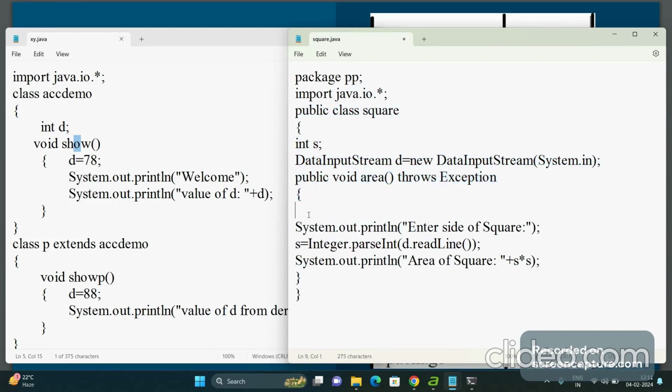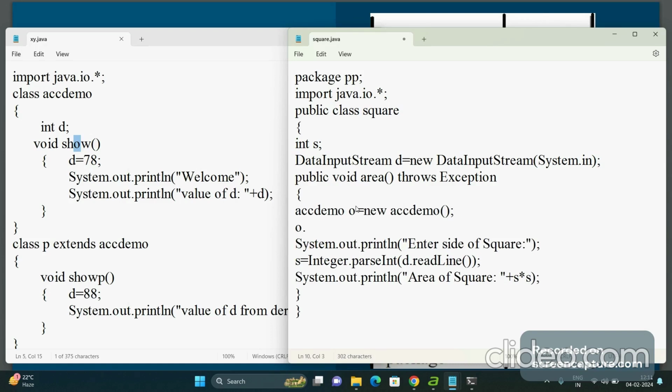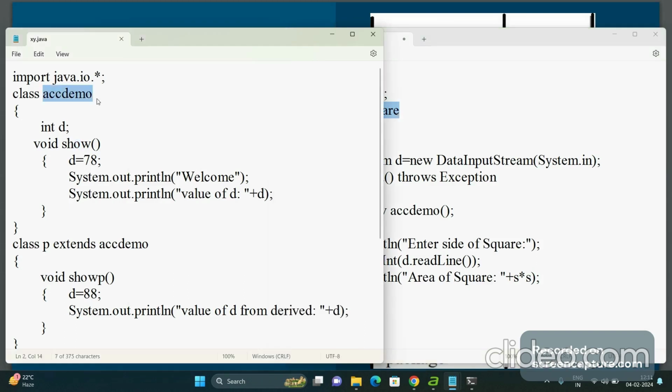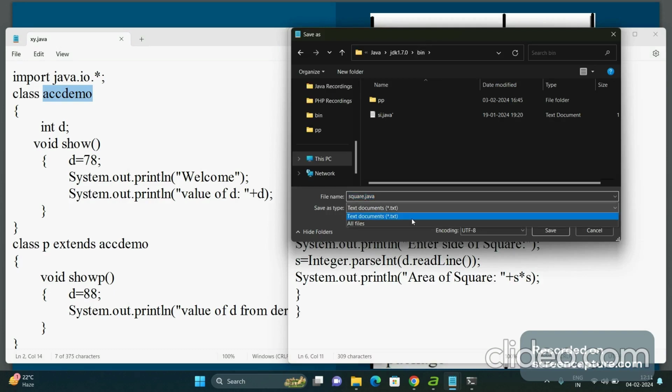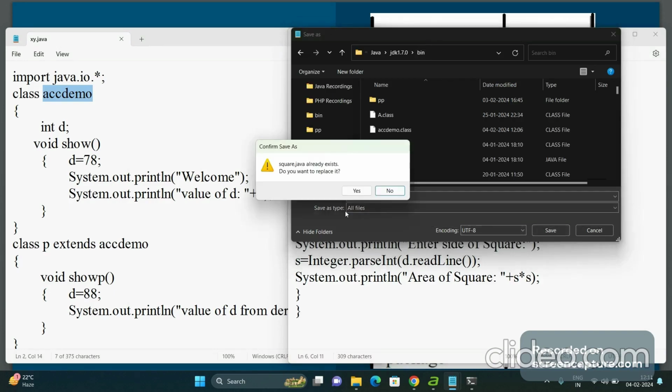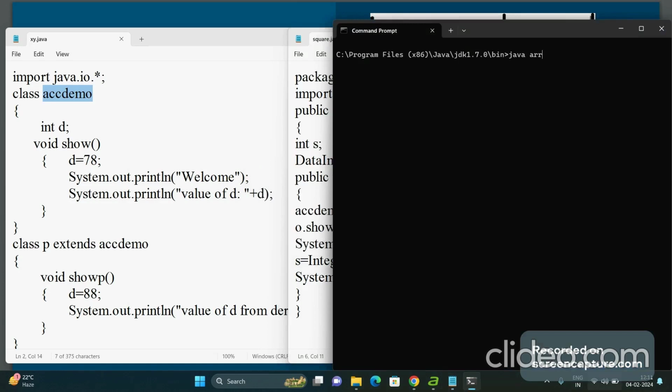So if I create an object of SEC demo, o is equal to new SEC demo, and call the method by o dot show, whether it's working or not. Now this square class is a non-derived class of this SEC demo, which is available under the pp folder. Now we have to save this file under bin because we have to compile it first, and then we will execute. Javac